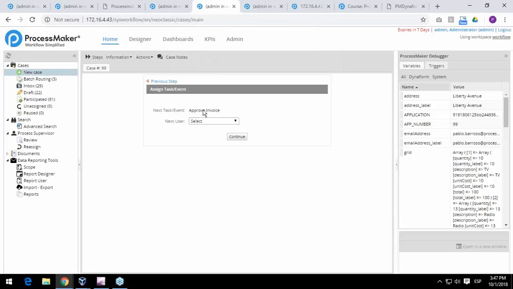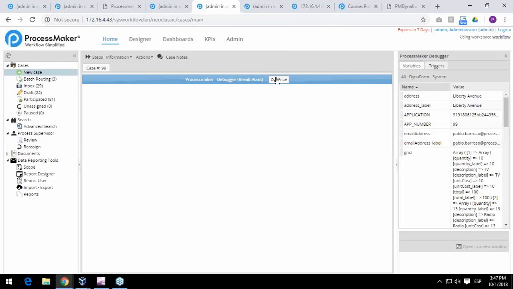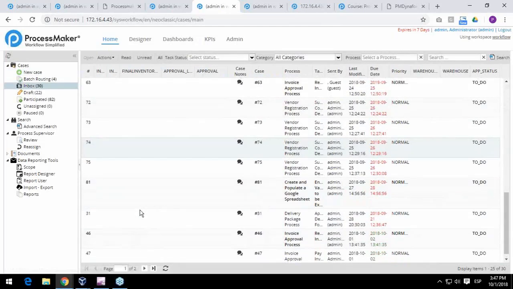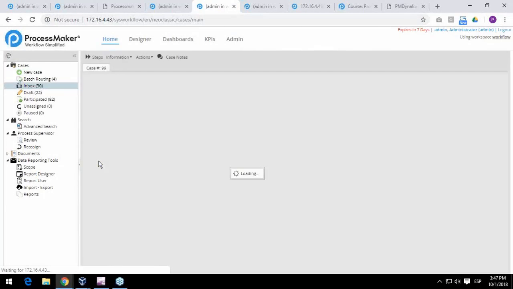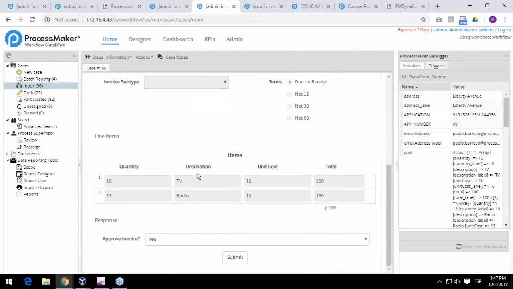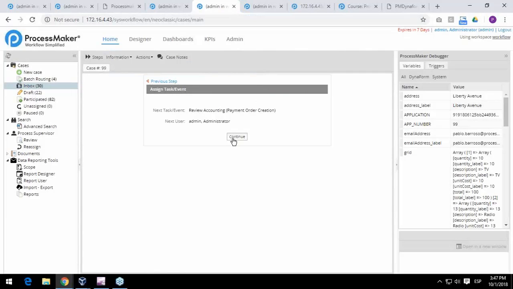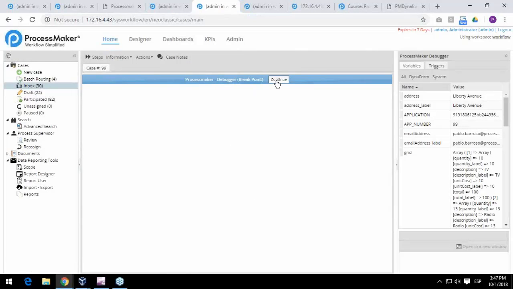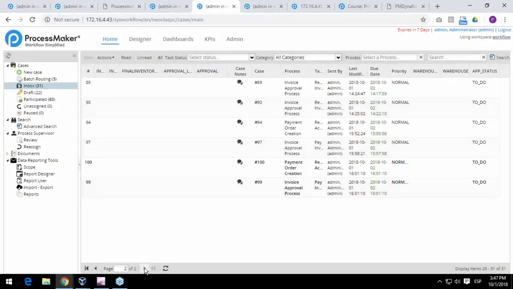I'm going to move to next, then I'm going to use this admin. Okay, click on continue, move. Again, we still play a little bit. We move here, we click on yes, and there we have. Now, if I move here, you can see that both cases appear, and this is because I have selected asynchronous